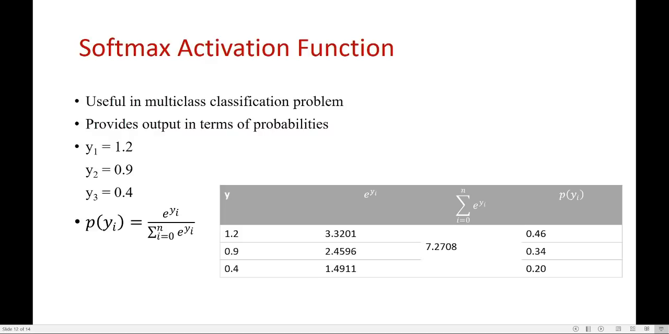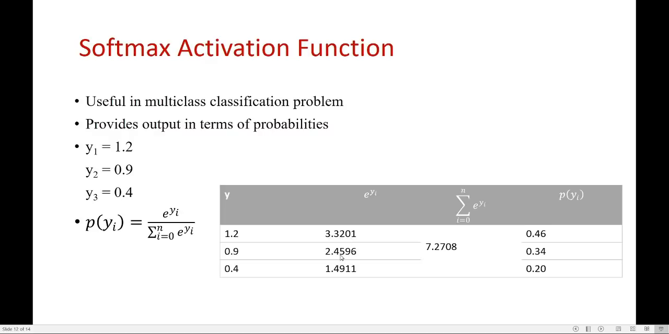Probability of yi is equal to e raised to yi divided by the summation of e raised to yi, where i ranges from 0 to n. This is the formula, so let's try to solve this. The y values are 1.2, 0.9 and 0.4. We have calculated e raised to yi and the corresponding values are